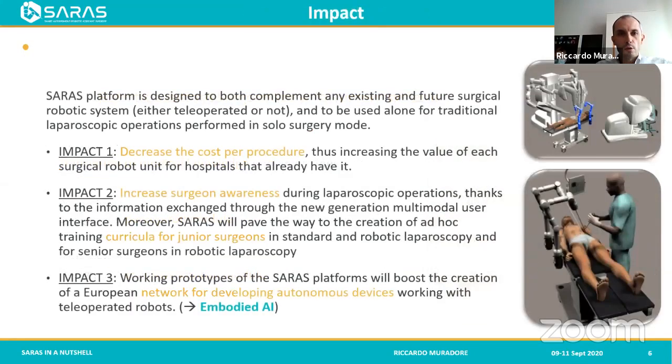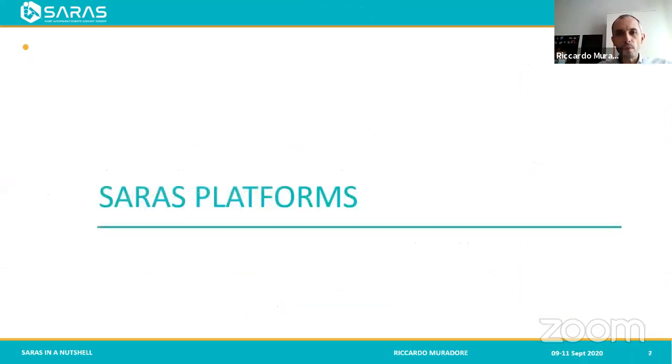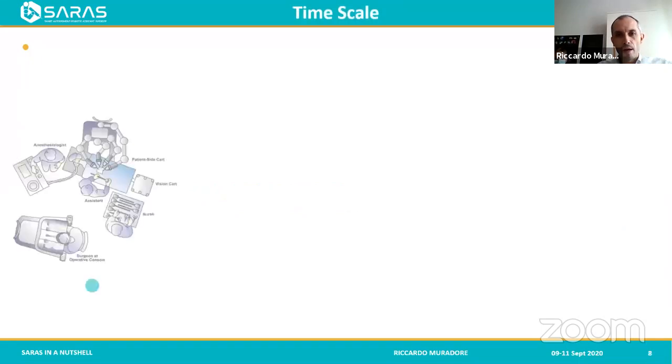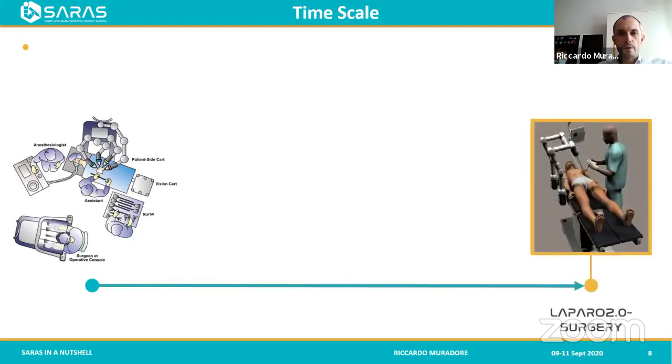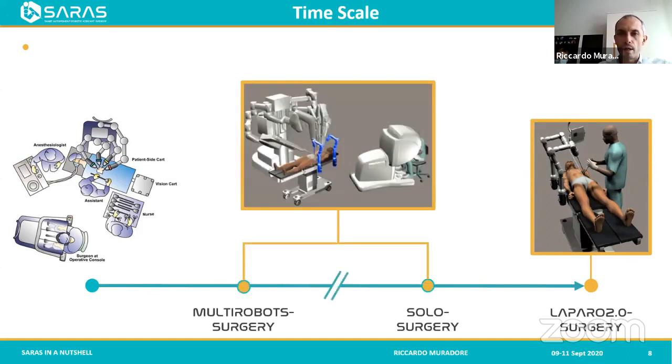of the robots. So the impact, as you saw in the video, is to decrease the cost per procedure, increase the surgeon awareness, and also to develop a sort of nectar about the use of embodied AI in challenging scenarios. The SARAS platforms are actually three. On the left is the standard, how the interventions are performed right now in the operating room. So we targeted the Laparo 2.0 surgery, and